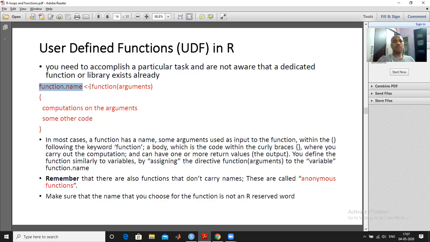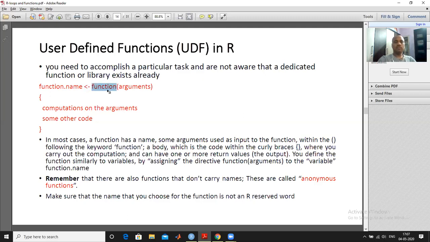Then there will be an assignment operator, or you can use the equal sign. Single equal is also treated as the assignment operator, and double equal is treated as equal in most programming languages. Then you have to write the word function.